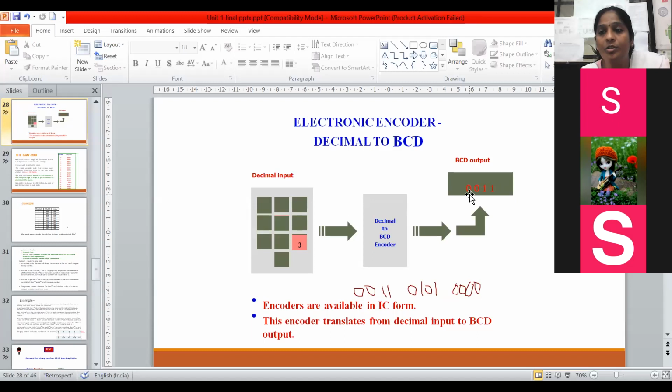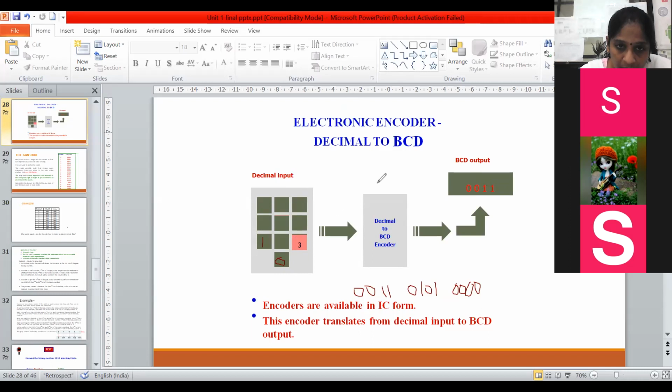Okay, here it is 0 1 2 3 4 5 6 7 8 9, tens are there. ह्याच्यामध्ये ह्या डेसिमल इनपुट मध्ये मी काय केलेलं आहे, इथं 0 आहे. ओके, ह्या इथं 0 आहे. Just a minute, I will show. Okay, here a 0 is there. If I press a 0, it will show 0 0 0 0. If I press the 1, it will show 0 0 0 1.